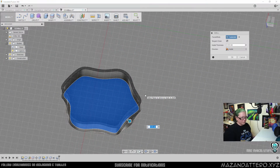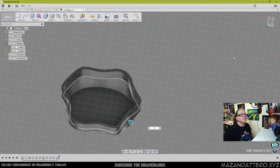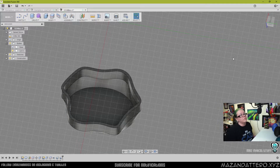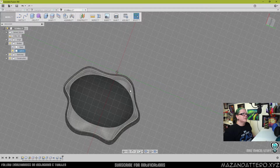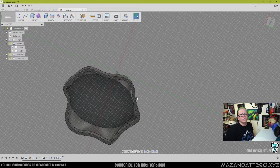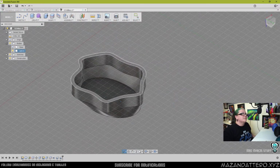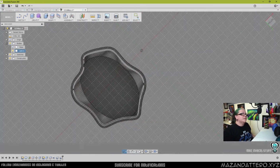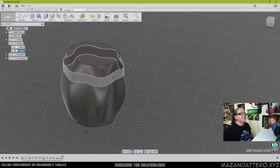It looks kind of weird though, because the arrow is going the opposite direction. I'll try 1.6, but oh, well, that worked. If it doesn't work for you, just keep trying different values. I wouldn't go too far under 1 millimeter, because then that gets a little bit thin. Okay, so now it looks like it's pretty hollow, right? So if I turn that base back on,